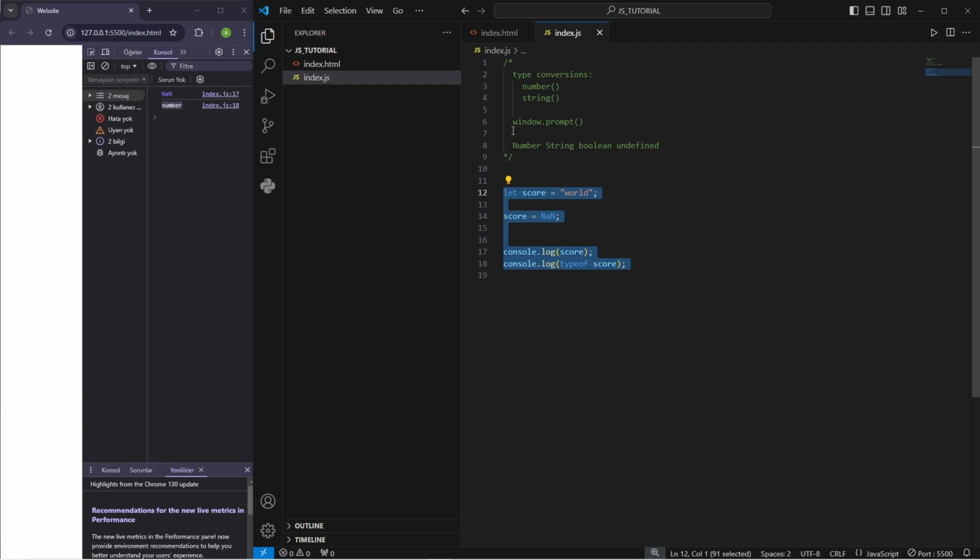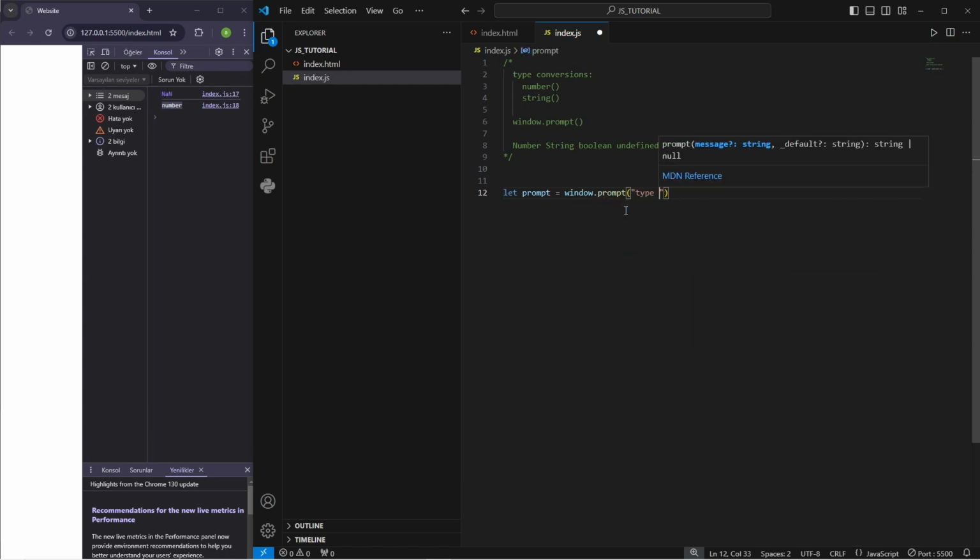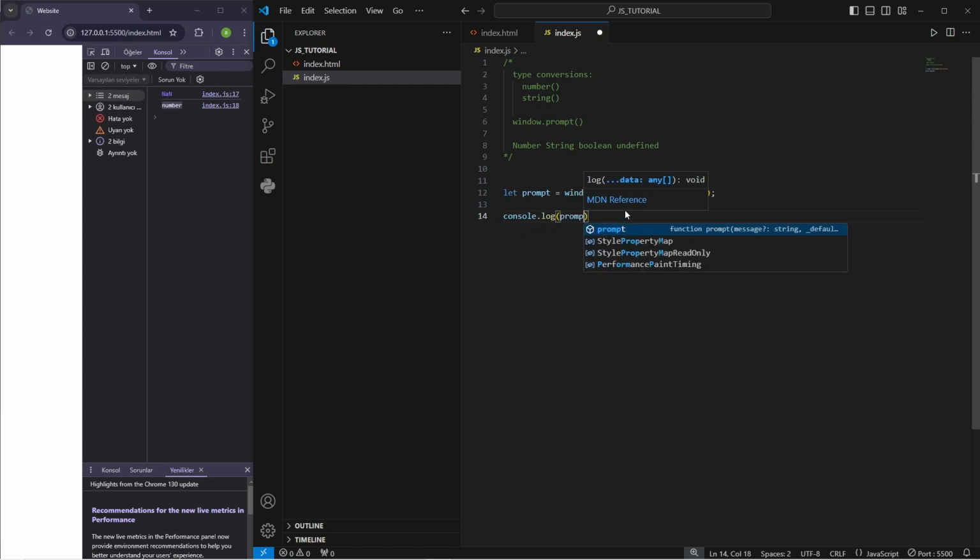Okay, now let's see the window.prompt function. The reason why I wanted to teach you guys about these type conversions before teaching this is because we are going to use type conversions while using the window.prompt function. Let me delete these statements. Okay, I'm just gonna type something and then explain it. So let prompt equals window.prompt, type something. Let's say okay, and then console.log prompt,